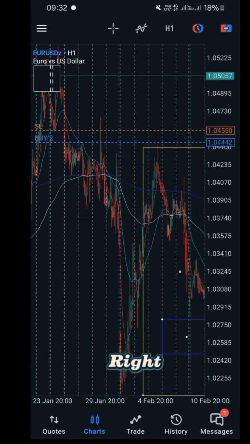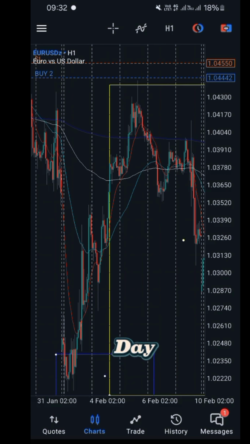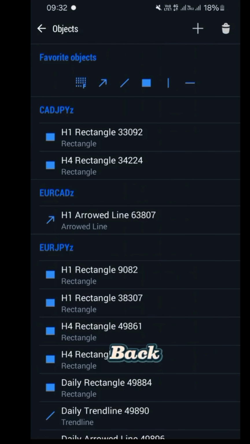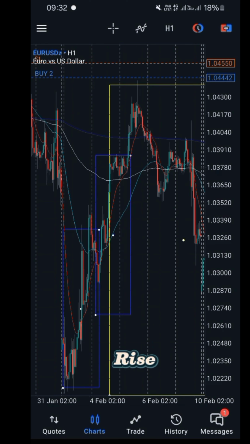Right here we had our peak formation, as you can see, and for that day we had one day of rise, which is a level count. Remember, this is your H1 time frame. Then from the one day of rise, we had a pullback the next day, giving us the second level of rise. So we were in level 2, and then from there we had the last level going up,